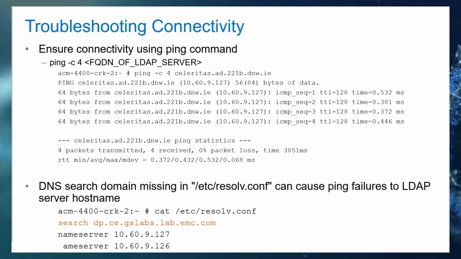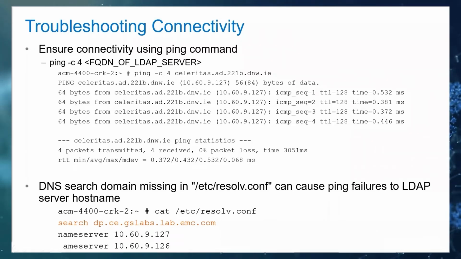Honestly, this is the most common issue that we get. So always ensure, if you're able to ping the IP address, however cannot ping the hostname, check the resolv.conf file on each of the IDPA components.